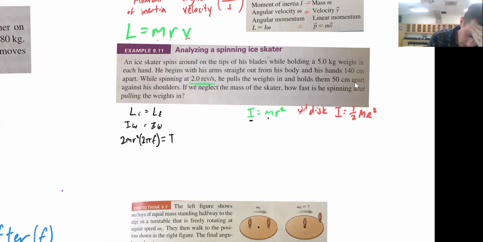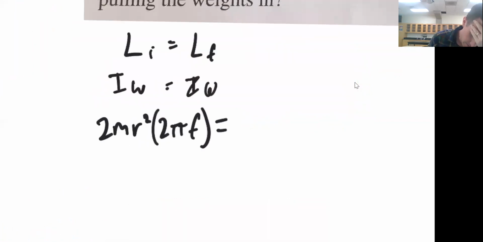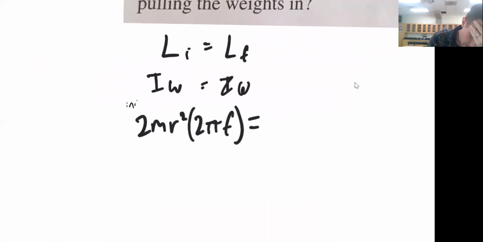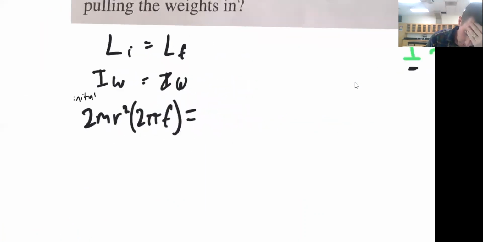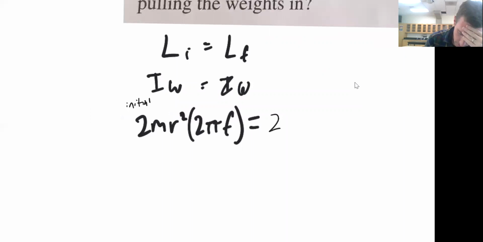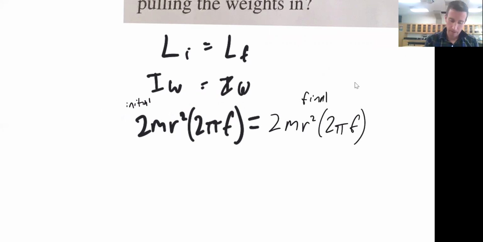Equals, oops, got to convert this one too, and this would all be initial. This one is initial and is equal to, same deal, 2 m r squared times 2 pi frequency, and this part would be the final part, after he brings them in. Okay,